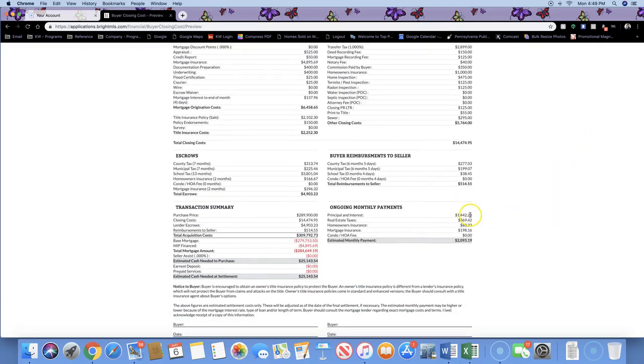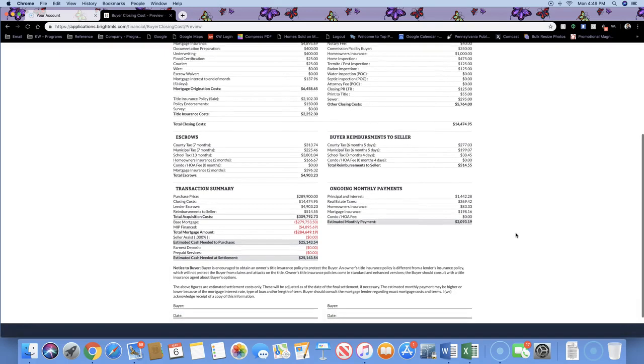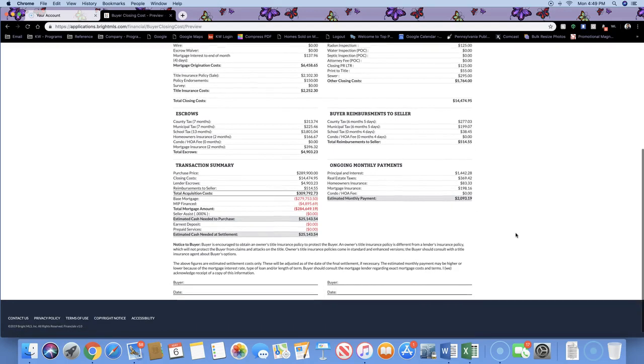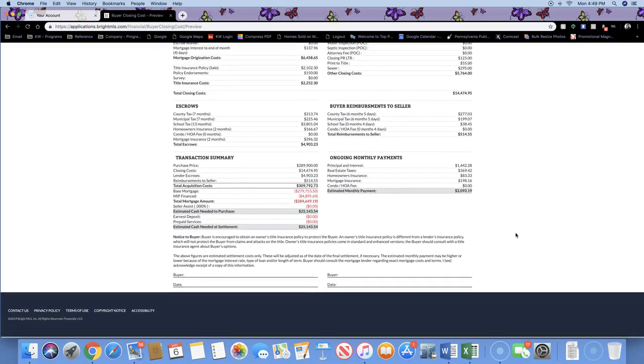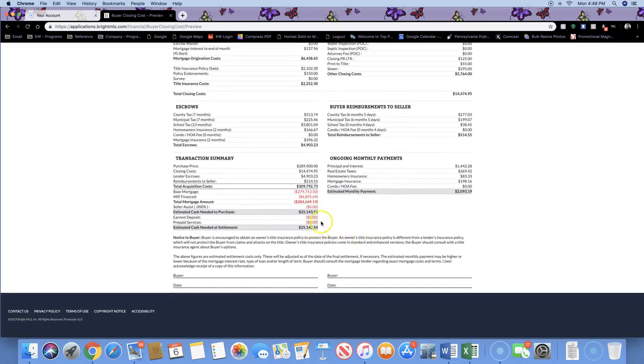So their payment's going to be principal and interest based on that 4.5%, 1 month's worth of taxes, 1 month's worth of homeowner's insurance. That was the $1,000 that I put in. And then 1 month's worth of the mortgage insurance. Reminder, on an FHA loan, that mortgage insurance premium never goes away no matter how long they keep that loan. If they sell the house, it'll be gone. If they refinance, it'll be gone. But if they keep that mortgage, it doesn't matter. Once they get past 20% into it, it's still going to be there. And the total money here is